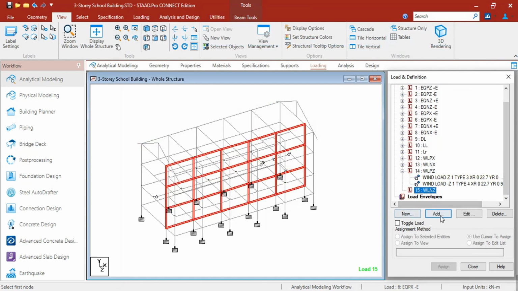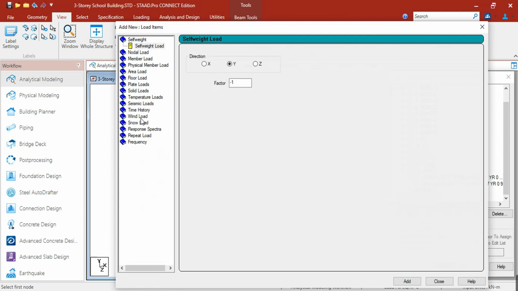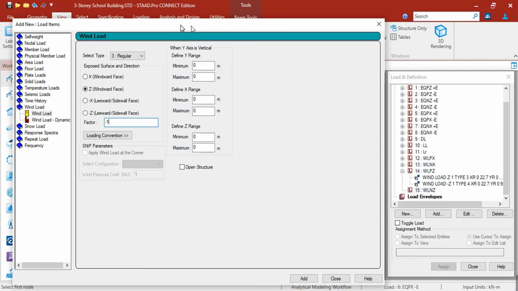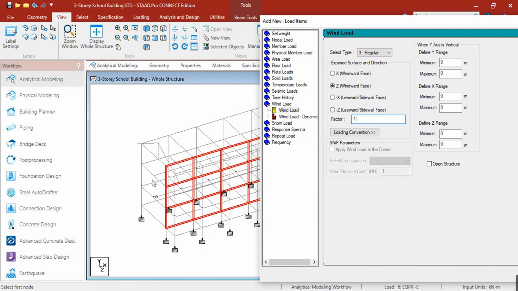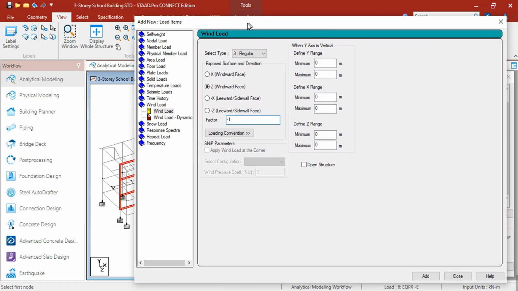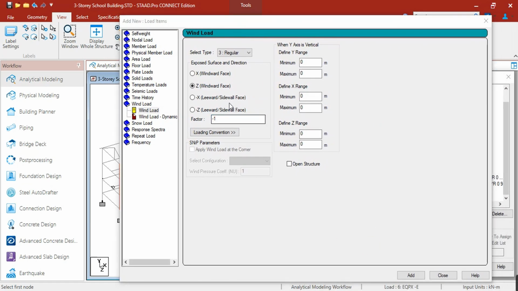Then let's add first for the wind load in negative Z. So wind 3 for the windward, but this time this is negative. So windward now is at this point. Okay, so the highlighted beams, this is the windward for negative Z. So Y is 0 to 9.6, X is 0 to 22.7, and Z is 7 to 7.